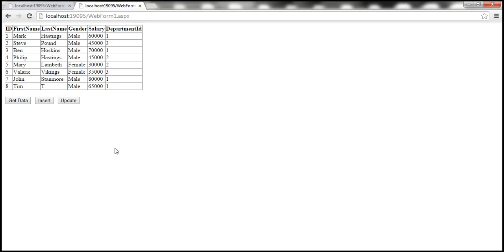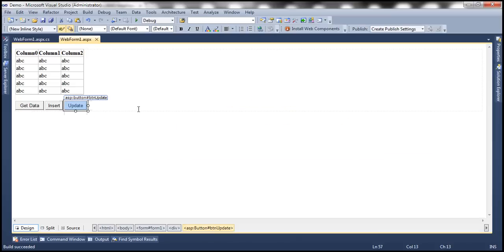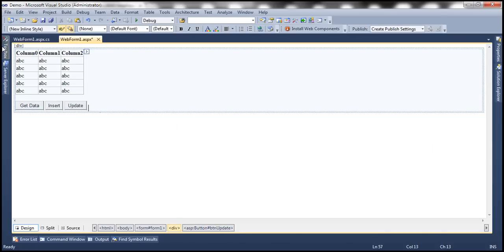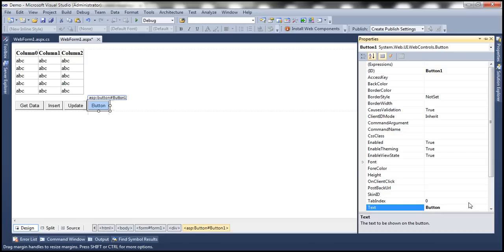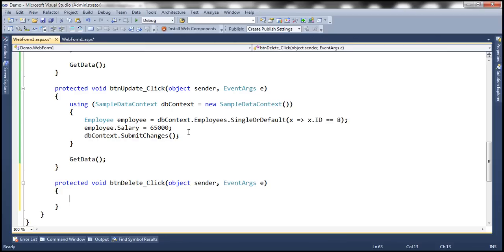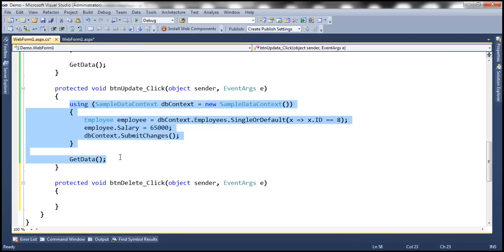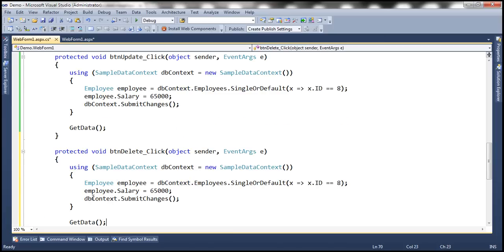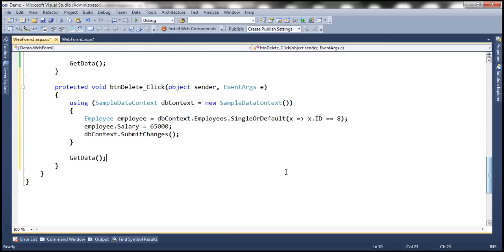Now let's see how to delete employee's record. So let's drag and drop another button control. Let's change the text to delete, and let's also change the ID to btn delete. Double click this to generate the click event handler. The same idea, let's copy and change this code as required. Okay, so we need to load the employee record that we want to delete. So we want to delete Tim's record, so the ID is going to be 8, and